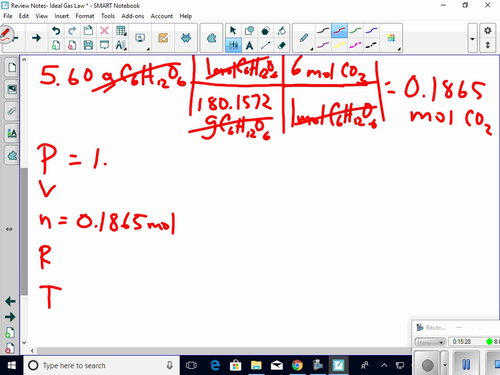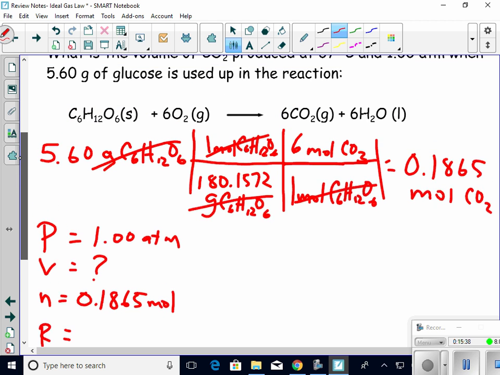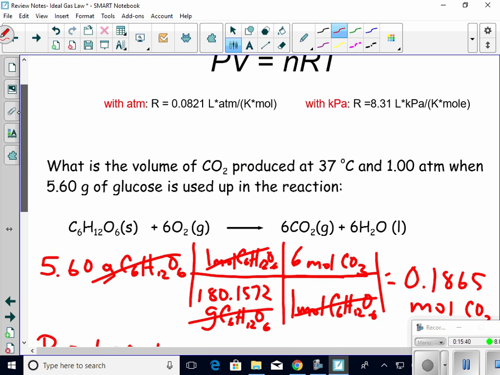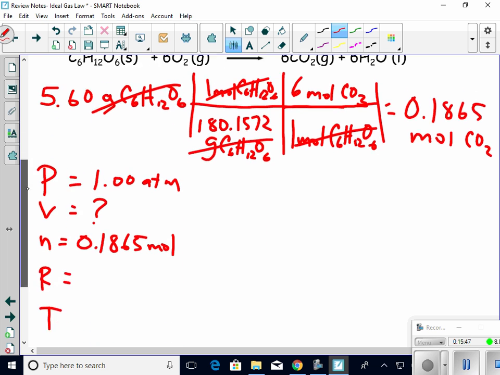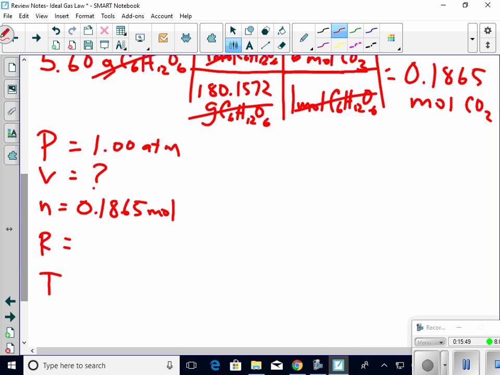Pressure, yes I do, 1 atmosphere. Volume, what volume? I'm calculating. R, which R am I using? Left or right? Left, because I have atmospheres. Okay? So I'm using the left,